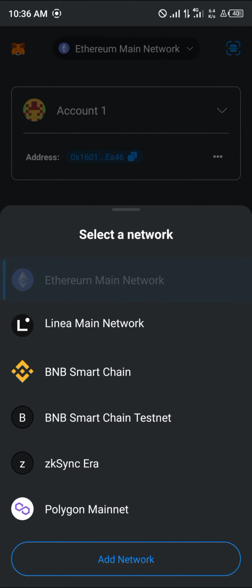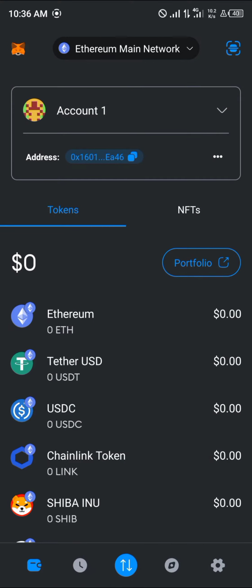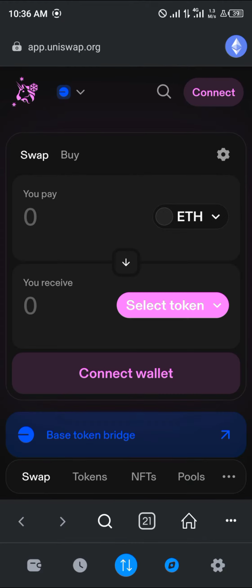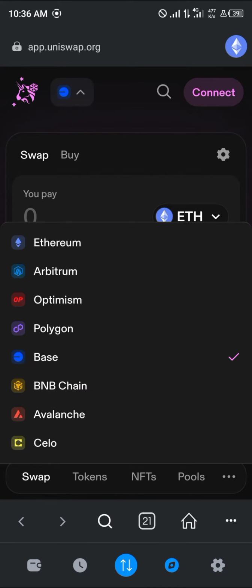If you're not, select the Ethereum main network from the network drop down at the top of the screen. The icon at the top right, click on this icon and simply head over to app.uniswap.org. Okay guys, and once you're on app.uniswap, click on the icon at the top which says the base network